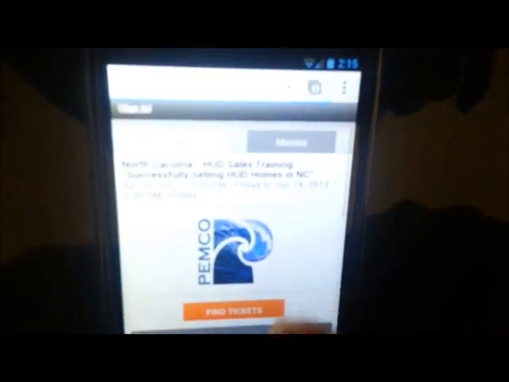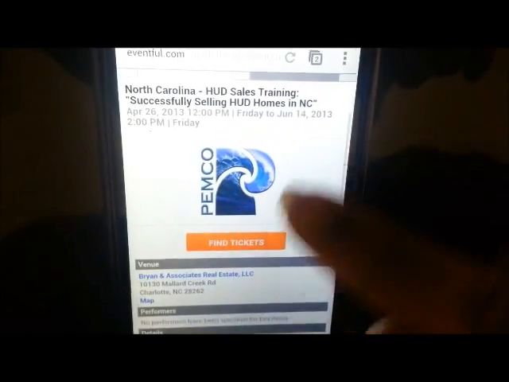It's a pretty brief description of the event. If the user wishes to register for the event or do anything, you can click over here. There is a button mentioning click here to open in browser. When I click on that button, it opens the same event in the browser. Now we see the options of find tickets and all. He can basically register for that event, and do whatever he wants. Here I have the map option.